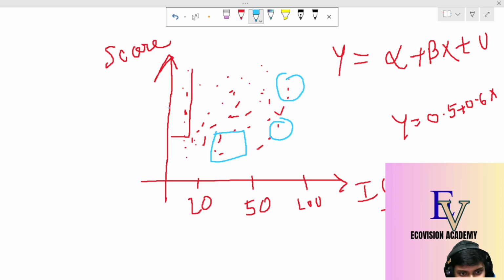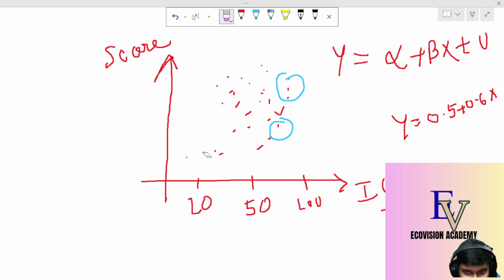If you go for a regression, y is your score and x is your IQ, how can you go for a linear regression then? We used to go for a linear regression, but that is very, very wrong. So what do we do? We go for non-linear estimations. Non-linear estimations means, suppose,